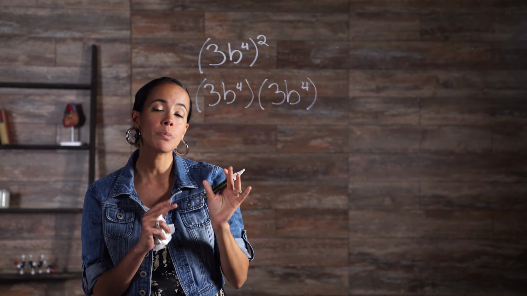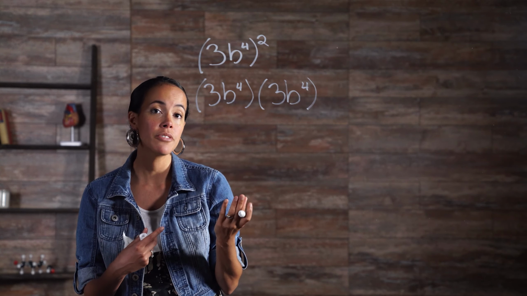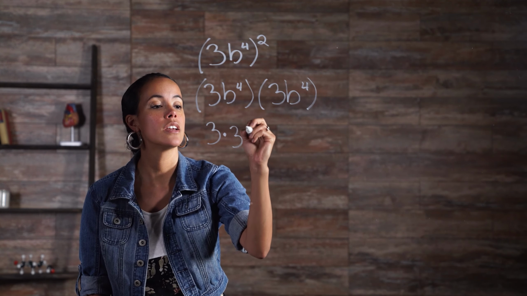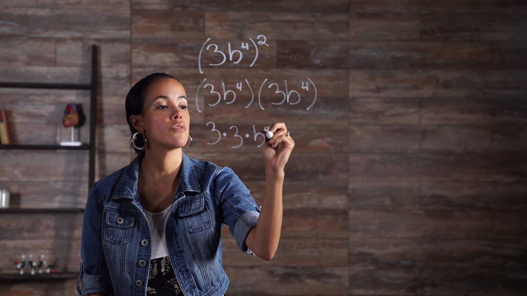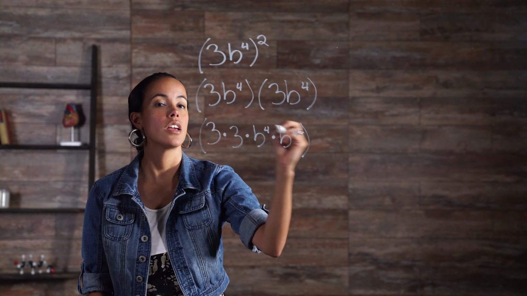Rearranging the factors to group the coefficients and the powers with the same base, b, and simplifying gives us 3 times 3 times b to the fourth times b to the fourth equals